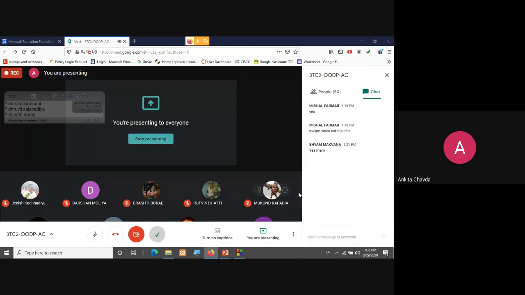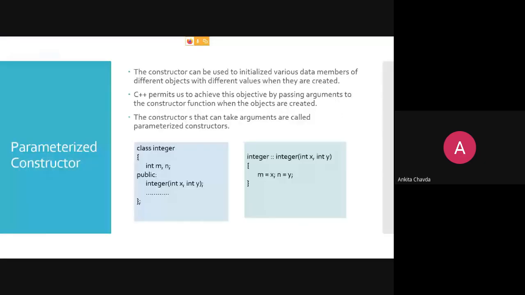Fine. Now we have the parameterized constructor that I wrote at the very first. I can write m equals a and n equals b. So whatever value I pass will be assigned whenever my object is created. So the constructor can be used to initialize various data members of different objects with different values.